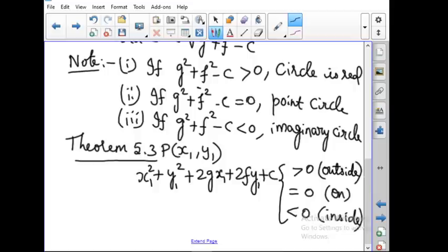So whenever a point and a circle equation are given, we have to substitute the point in the circle equation and find out whether it is greater than, less than, or equal to 0, and we can easily say that the point lies inside, outside, or on the circle. So these are all the things we have to remember before doing the exercise problems. Before moving to the exercise problems, please copy down all this in your notebook, and then you can go to the exercise.